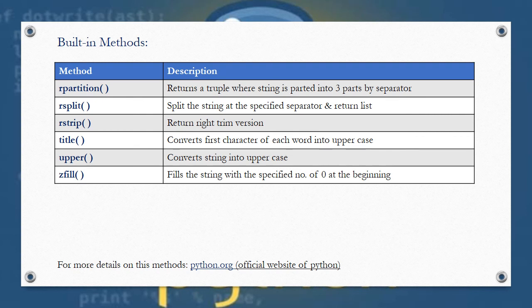The rsplit method splits the string at the specified separator and returns a list. The rstrip method returns a right-trimmed version of the string. The title method converts the first character of each word into uppercase. The upper method converts a string into uppercase. zfill fills the string with the specified number of zeros at the beginning.